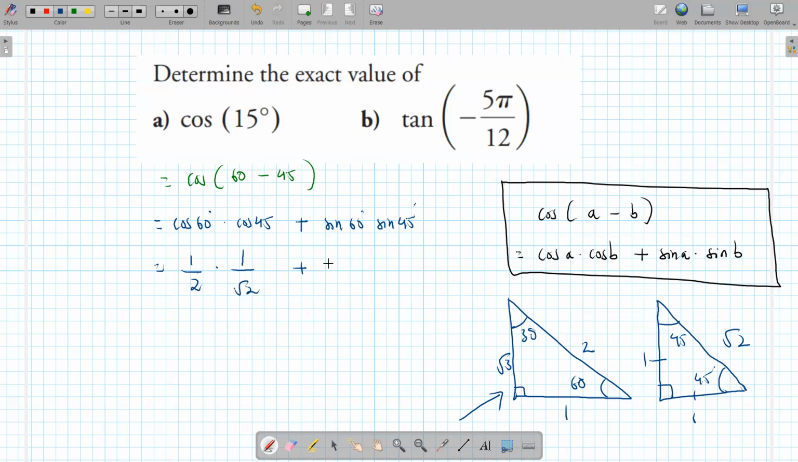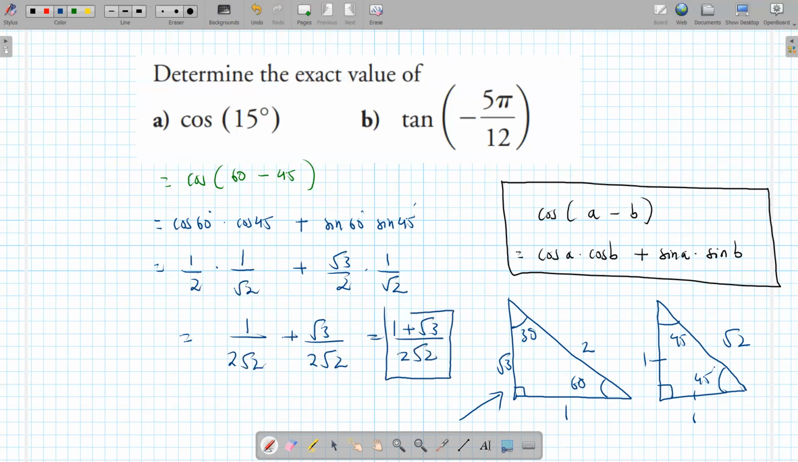Root 3 over 2. Yeah, root 3 over 2. And sine of 45 is still 1 over root 2. 1 times 1 is 1. 2 times root 2 is 2 root 2. Plus root 3 times 1 is root 3. And you also have the same denominator. So the final answer is going to be this. This value right here is the exact value of